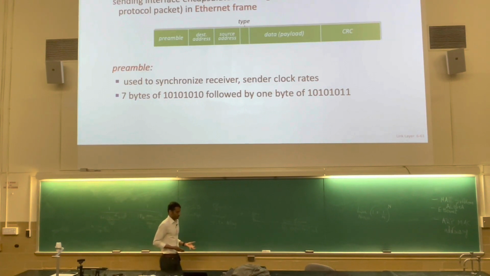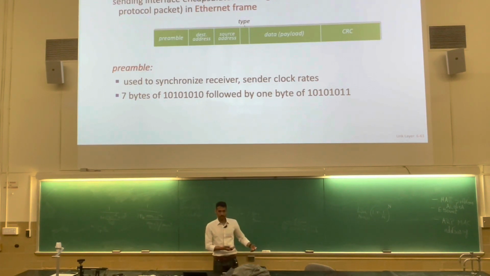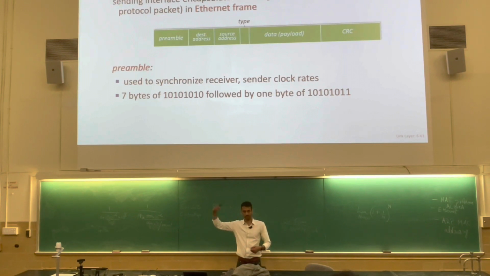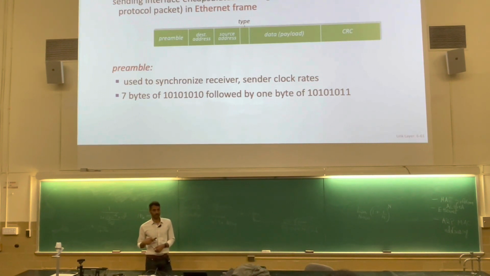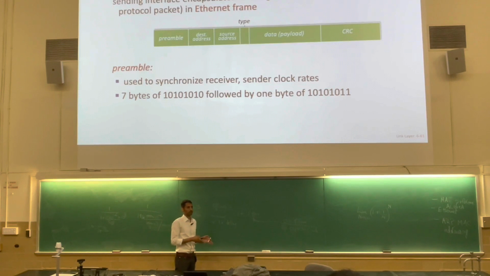How does the NIC know when a frame is coming in? It is constantly sensing the wire. When it senses some energy in the wire, it will start decoding the signals into bits. Signals are literally sinusoids, electromagnetic signals. And the decoders are going to convert these signals, ups and downs, into zeros and ones. And if it sees this 8-byte pattern, that's a preamble. It knows that this is the start of a frame. That's when it knows to latch on and know that, okay, this is where the frame starts.